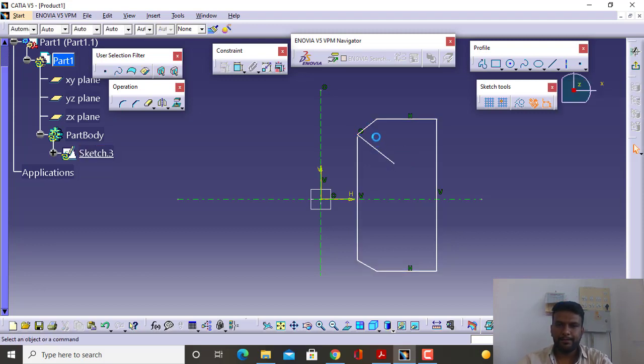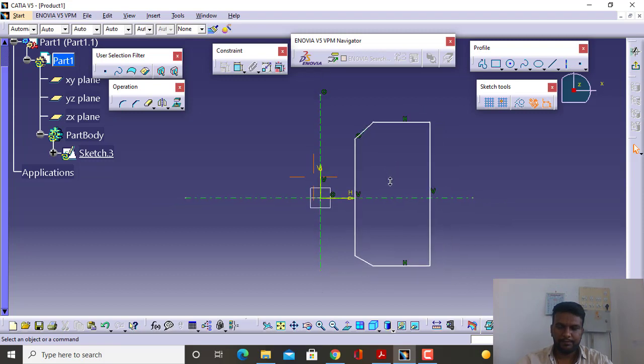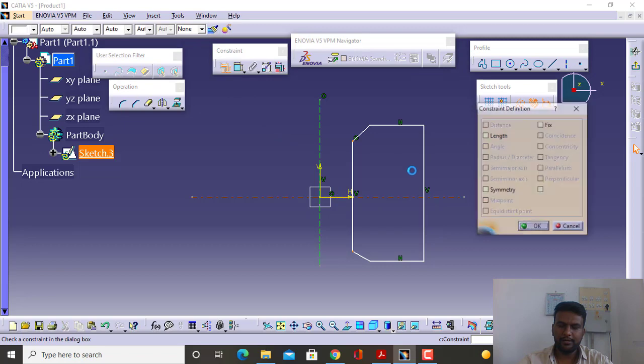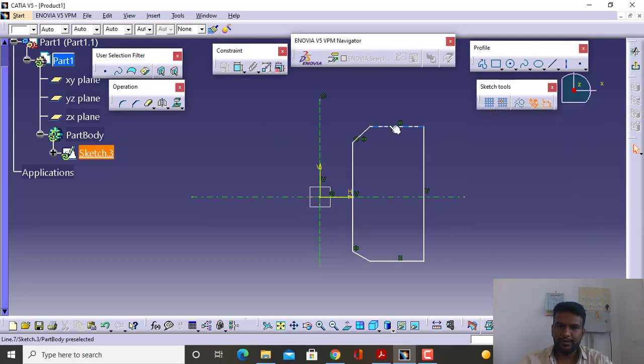Right. So once you are done with this one, you have to ensure that the geometry is fully a closed loop. You have to ensure this first, then only you can go with the extrusion. So let me make it symmetric about the center line. Select these 2 points, select the horizontal axis, and select the symmetry. So now it will become symmetric,